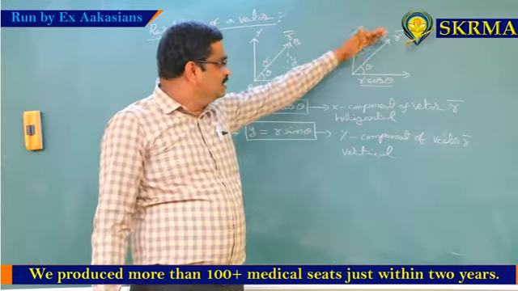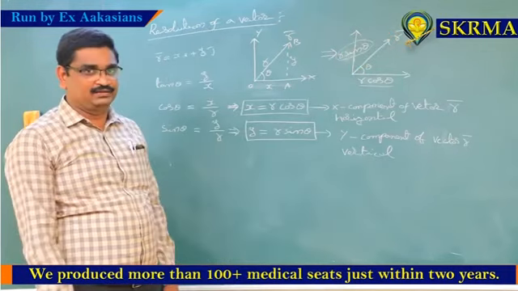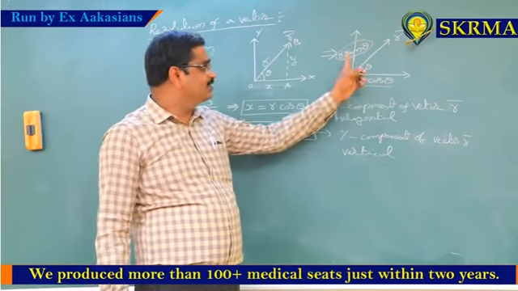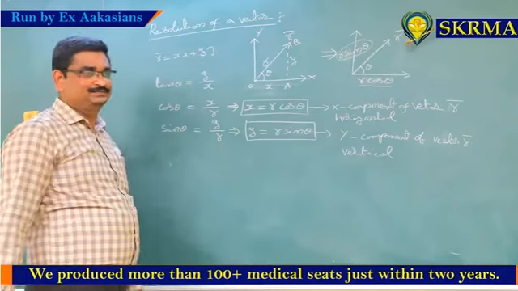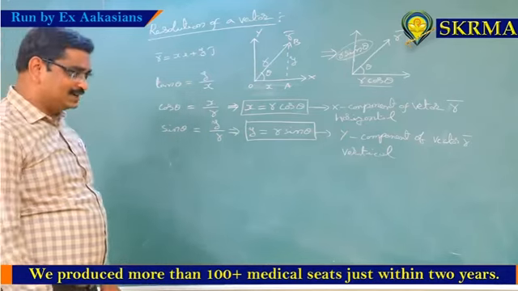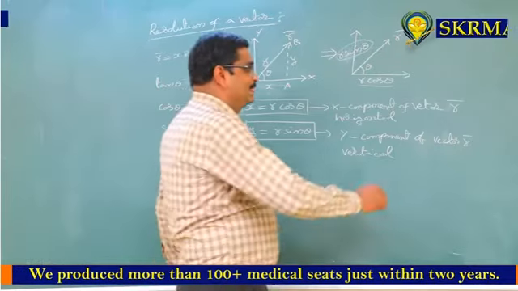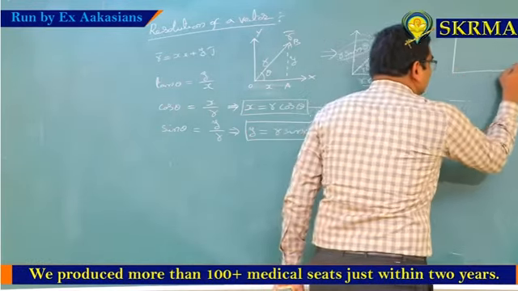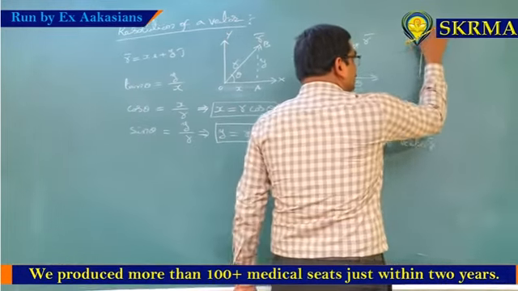Now this is the general process, or we can write directly also from this diagram. So simply to remember, what is x component? So x component is r cos theta, y component is r sin theta. How are you going to remember this one? We can say it even more simply: adjacent side of theta is cos theta term. Adjacent side of theta is always cos theta term.